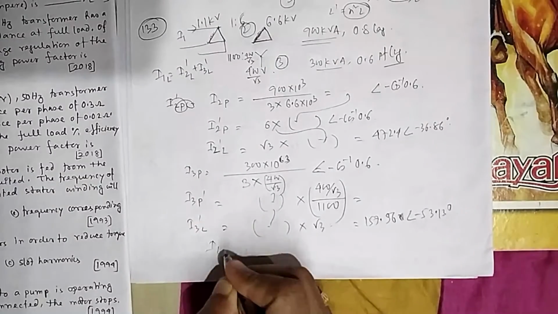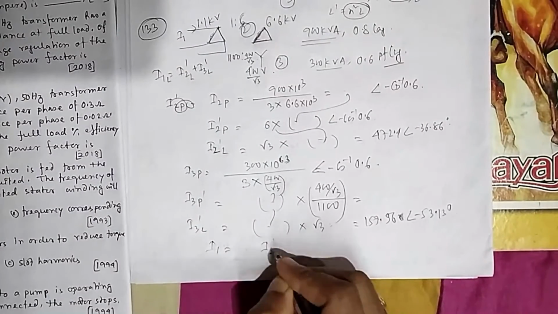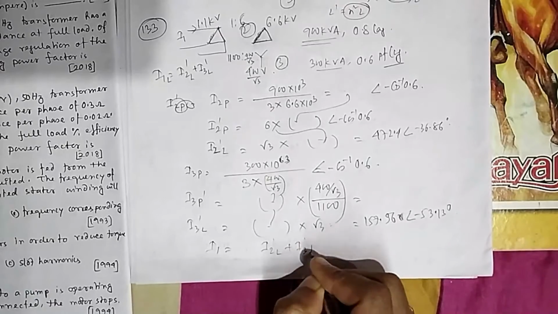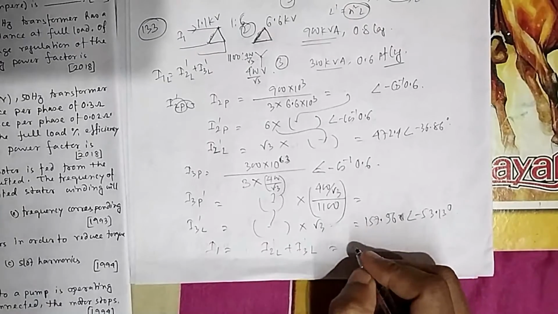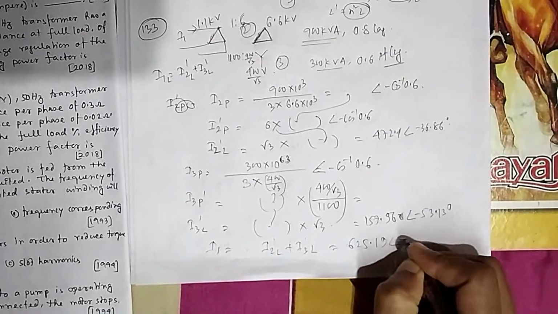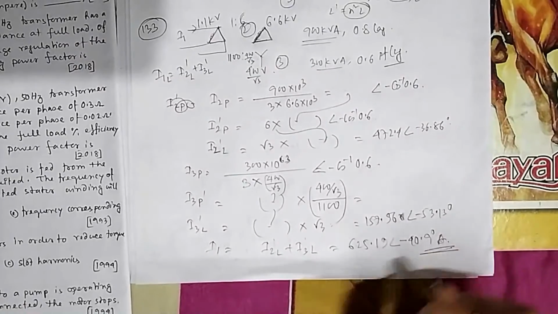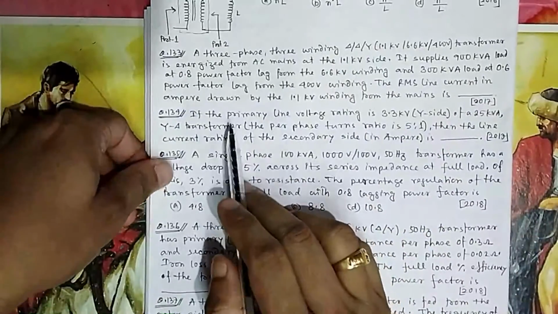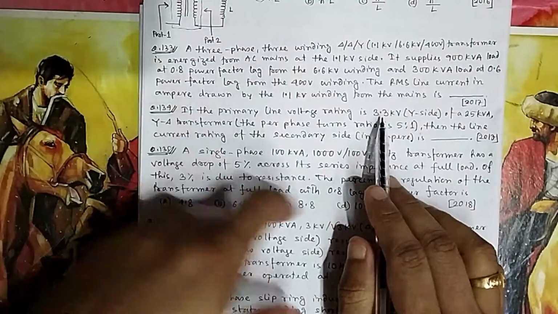Therefore your I1 will be the summation of this I2 dash line plus I3 dash line. If you add these two, you will get your answer 625.19 at an angle of minus 40.9. That is your answer. Now if you come to question number 134, if the primary line voltage rating is 3.3